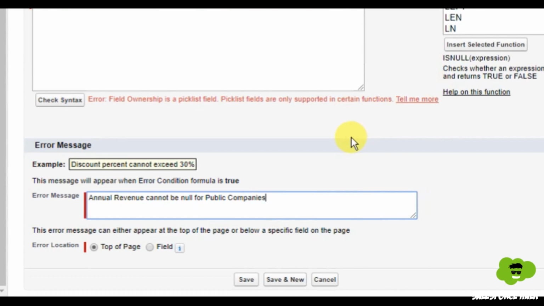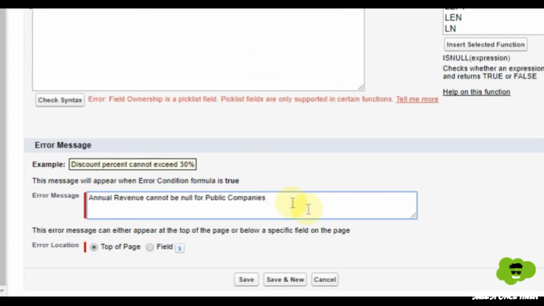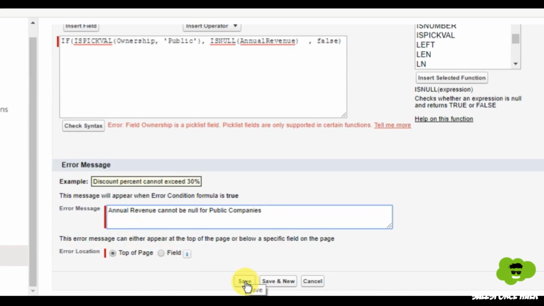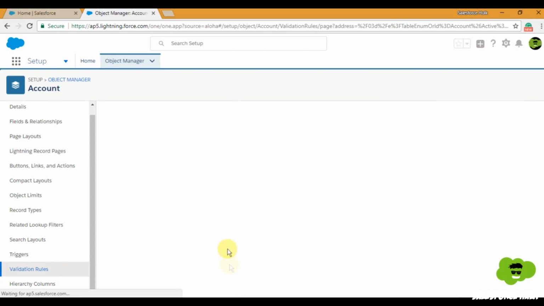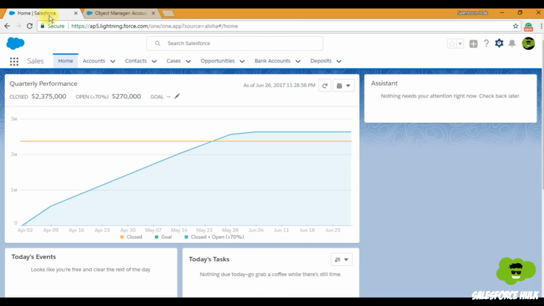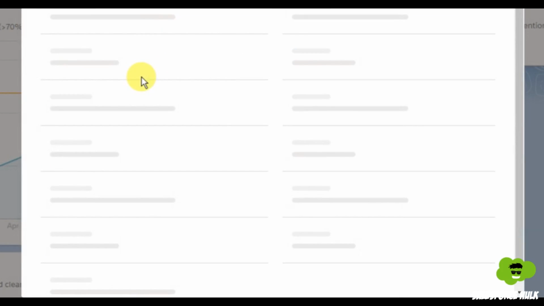Okay, like this. So I've created a validation rule with here's the formula, here's the error, and the error location. I want to set it as top of the page because there are more than one fields involved. It's just a convention, there's no compulsion to follow it, it's totally up to you. Click on save. Now I'll go to my account object and I'll create a new account record, and I'll set